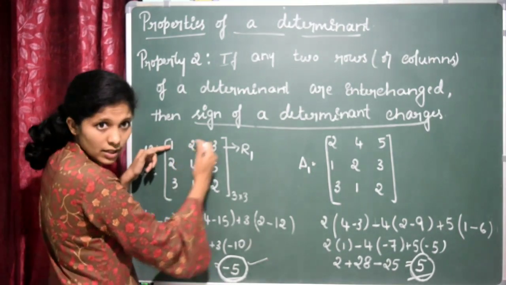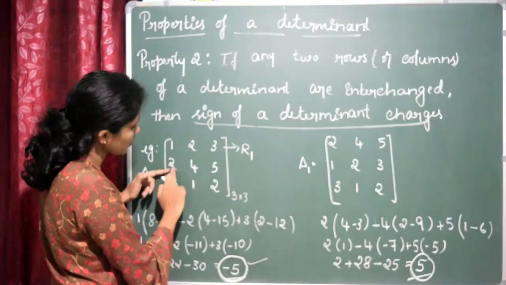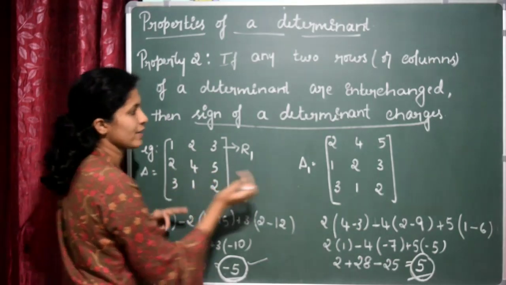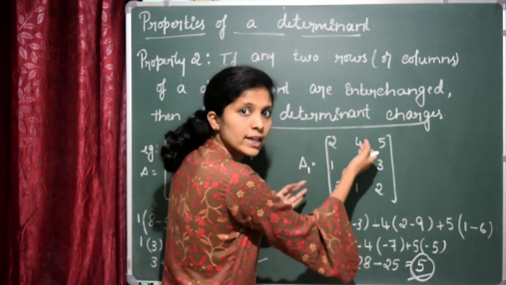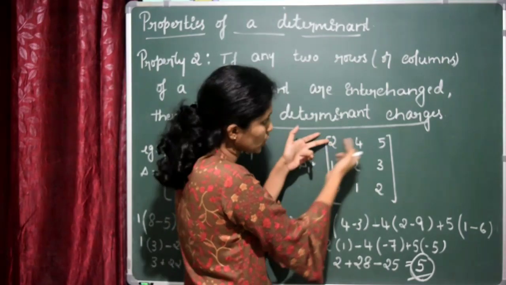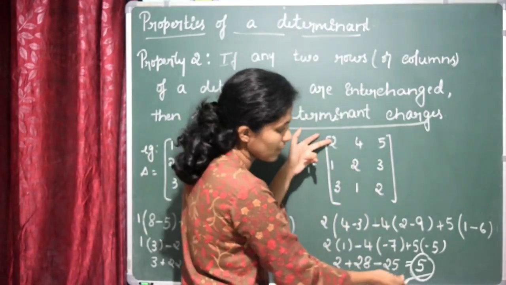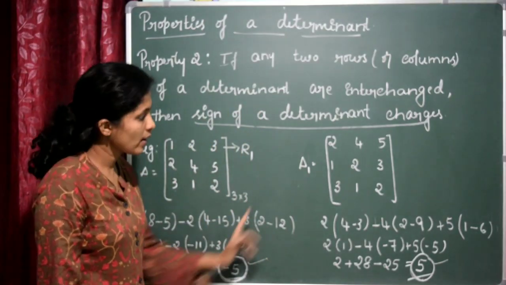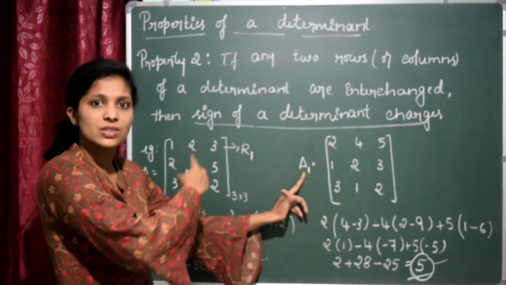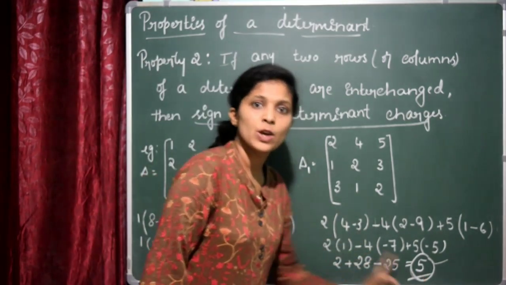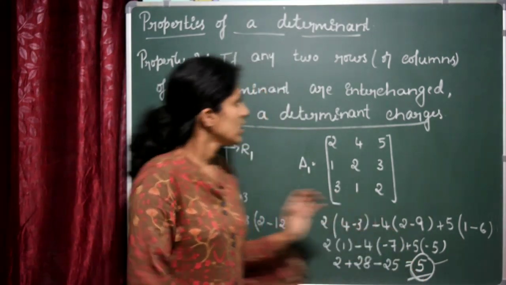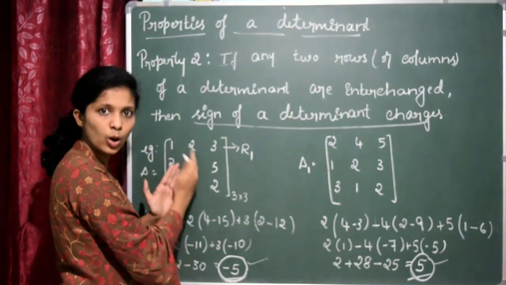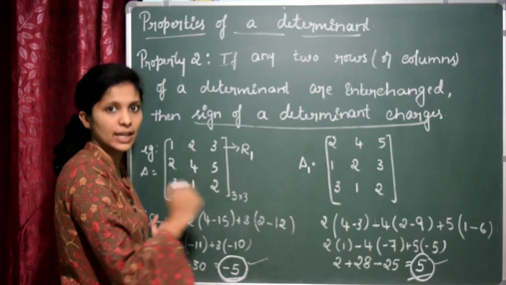Next I interchange row 1 and row 2. Here row 1 is 1, 2, 3, that I have written as second row 1, 2, 3, and here 2, 4, 5 is there. Here I have written as 2, 4, 5. Here also I expanded along the first row, 2 into delete first row and first column. So I got the value of this as 5. So determinant delta I got as -5 and delta 1, that is by exchanging the rows, I got the determinant as 5. So they will differ just in the sign. So that says that the sign of the determinant changes. You can interchange any two columns, then the determinant will change by its sign.